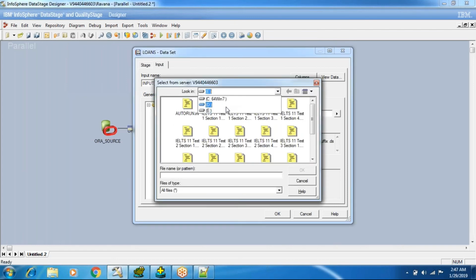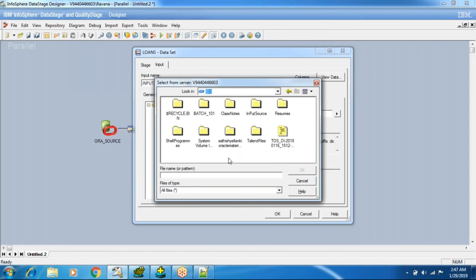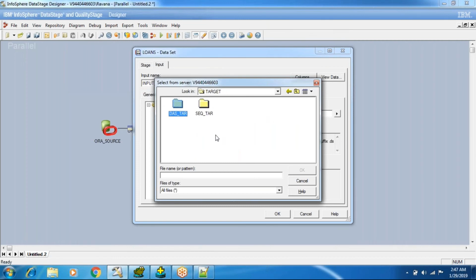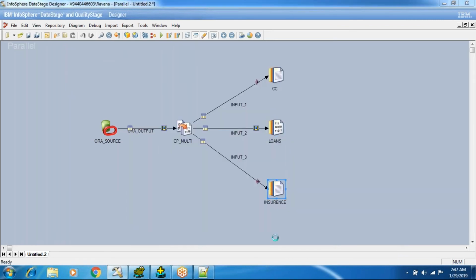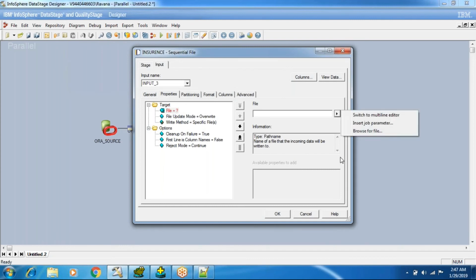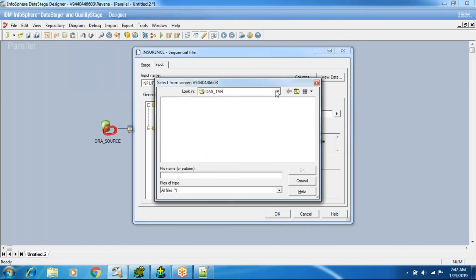Once you browse for the file, go to the D folder. I have batch 101 target, which is the dataset file. I'll name it loan.info.ds. These dataset files need to be given as .ds files. And next, the same way, I'll go to the third file, but not dataset. I'll go to the sequential file, and here I'll give